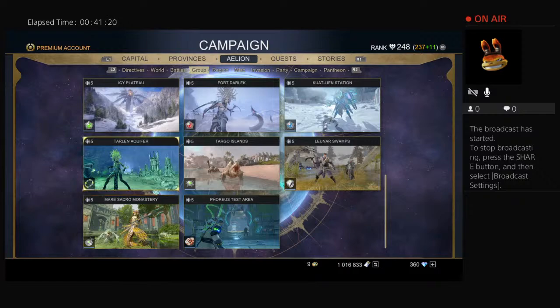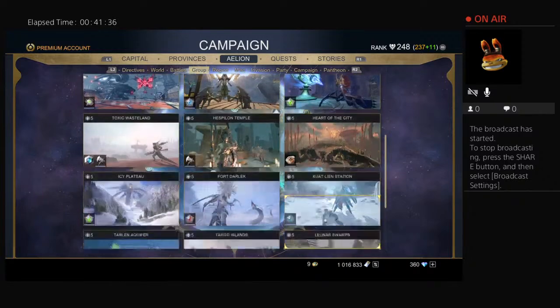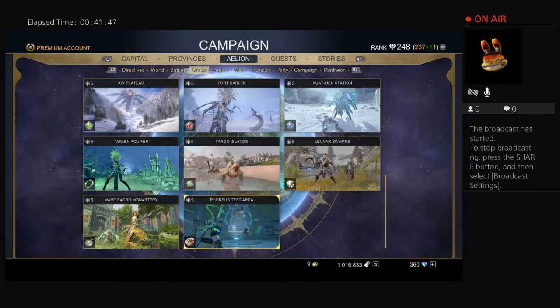And I guess the only other one that's short and easy would probably be Downholt Glacier, maybe Kuwait Lion Station. Fort Derelict takes quite a while. So does Mare. Tarlin's okay, that one doesn't take too long. You'll get about 50,000 credits. But